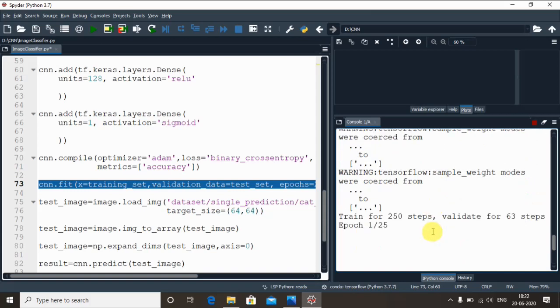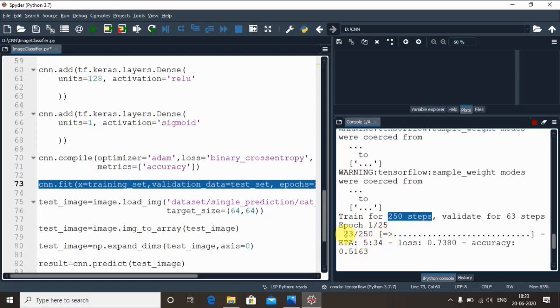Yes, it started with the first epoch. As you can see, it trains for 250 steps. So how did we get 250 steps? Because we had taken the batch size as 32. Remember that, right? Batch size was 32 and we had altogether 8000 images, so 8000 divided by 32 gives you 250 steps. So in each single epoch it is going to process 250 steps, for 25 times. That many times we are going to train our CNN model, so that we expect a great accuracy later, right?